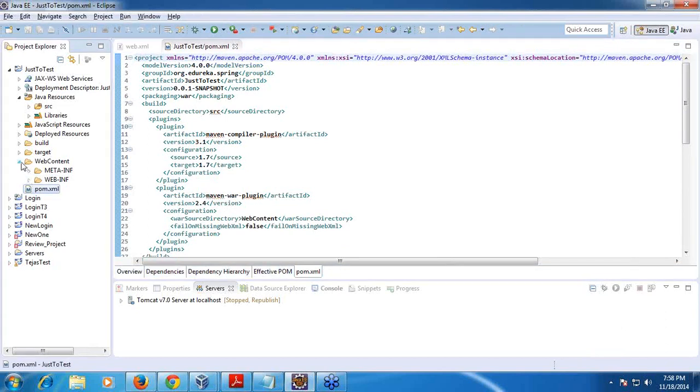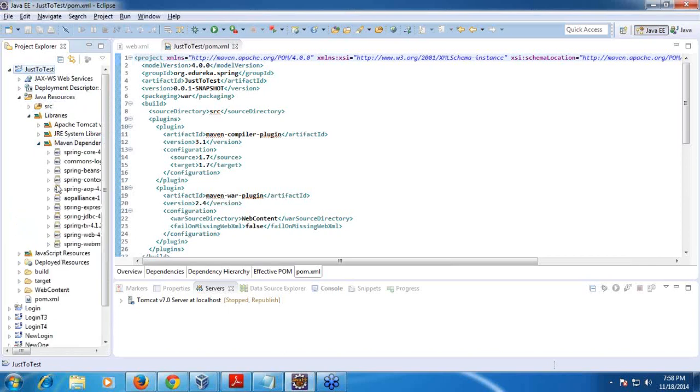So now first step what I have done, I have just converted this to a Maven project, and then I have added all the jar files. Now if you want to check whether Maven has included all the jar files, just to test, you can go to this Java resources, libraries, and then check here Maven dependencies.